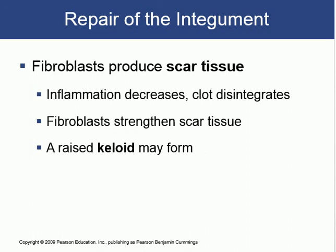So the fibroblast is what's going to produce the scar tissue. After that, the inflammation starts to decrease. The clot will disintegrate, meaning it's going to fall down. Get rid of it. It will become stronger. But the problem is